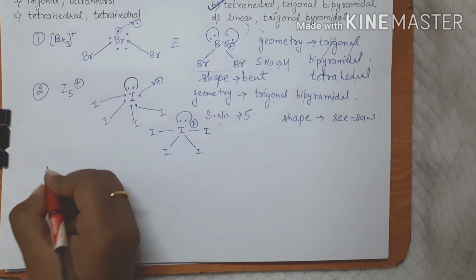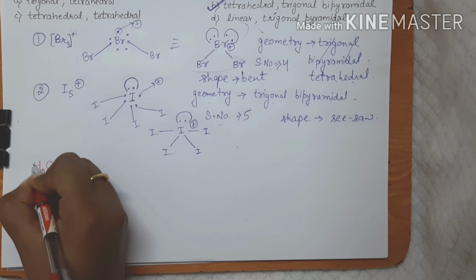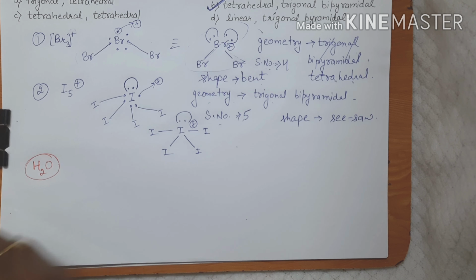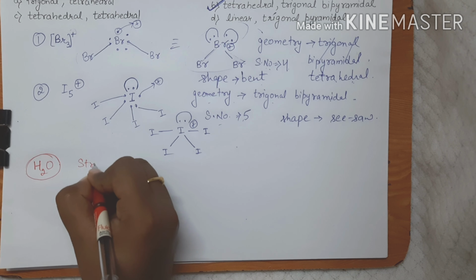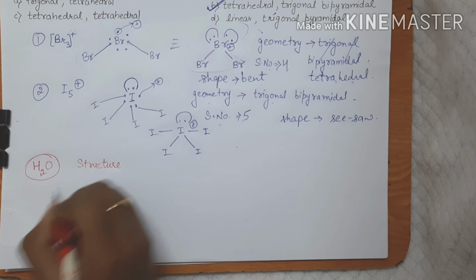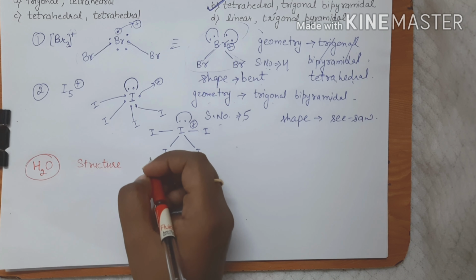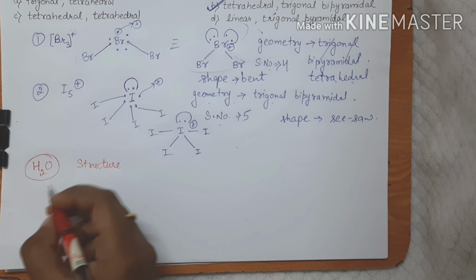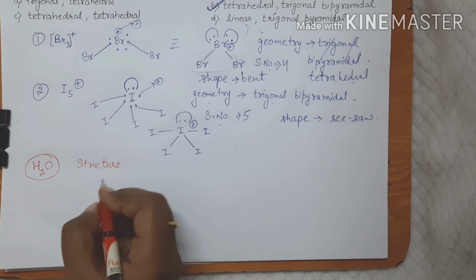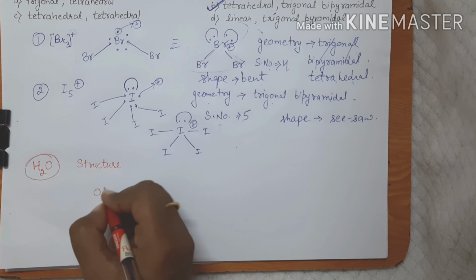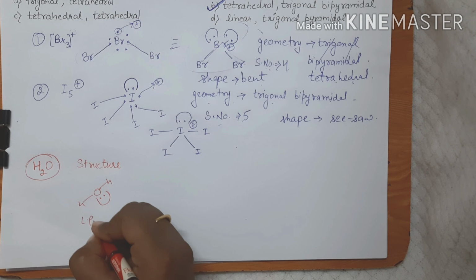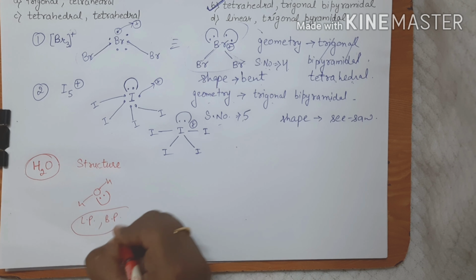Now if I talk about H2O molecule, a water molecule, then using water molecule I will try to make you understand about the structure, geometry and shape. First of all, if I ask you about the structure of molecule, in structure you don't have to think about the orientation of lone pairs and bond pairs around the central atom. If I ask you about the structure of water, you can make it any way, right? Any way, your number of lone pair and bond pair, both of them should be correct.